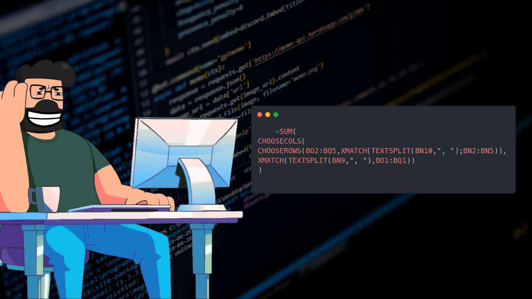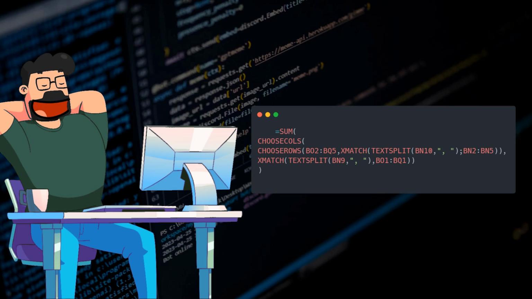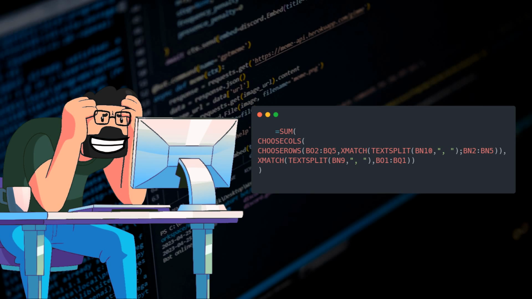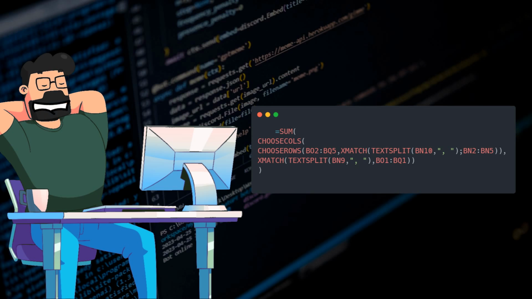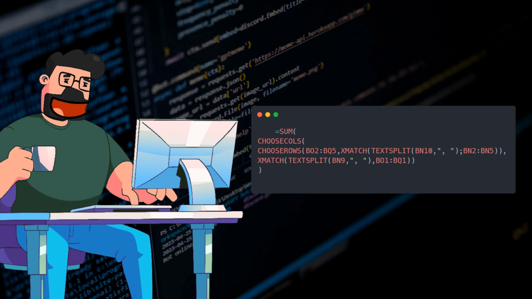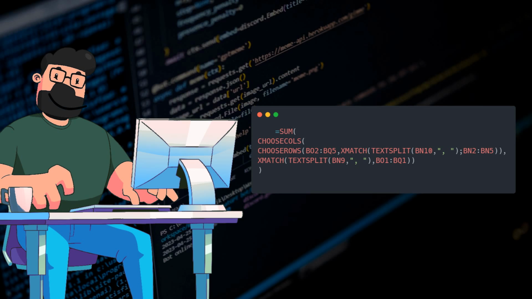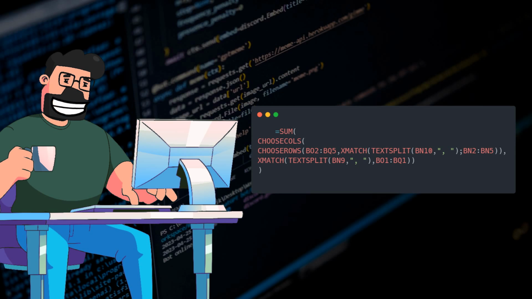In the previously provided solution, we introduced a fresh approach to solving the problem. The key to unlocking the correct sum lies in utilizing a formula that leverages the CHOOSECOLS, CHOOSEROWS, XMATCH, and TEXTSPLIT functions. By strategically combining these functions and referencing the specific cells containing the concatenated row and column headers, we can accurately sum the intersecting values. The formula provided, which begins with =SUM and ends with BO1, BQ1, encapsulates this approach and paves the way